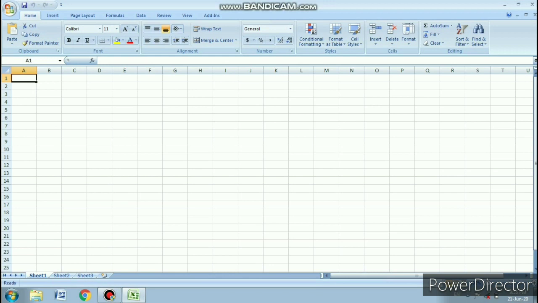You can see the screen of the MS Excel worksheet is almost the same as MS Word. We can think about why we are using MS Excel, because we already have MS Word and we are very familiar with it, as we make the question paper in MS Word.